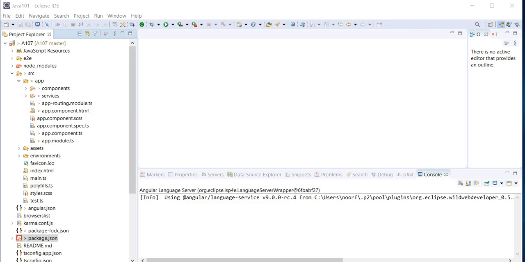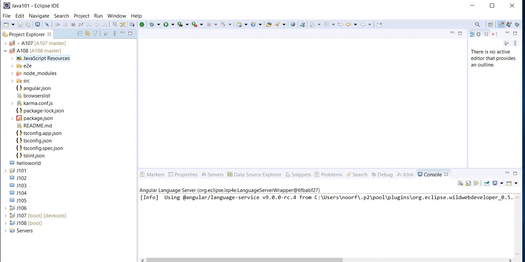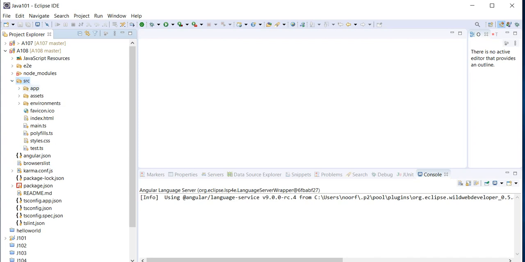Today in this tutorial I'm going to talk about creating the components and the services. So the first thing we are going to look into here is the A108 project. Let's bring up A108 over here, this is the project that I have created, and I'm going to create the component in this directory. The src directory is where we're going to put all the